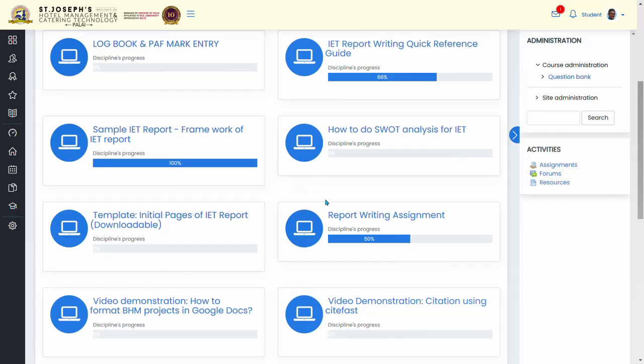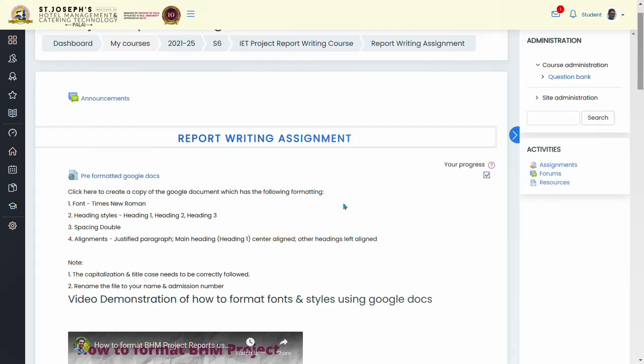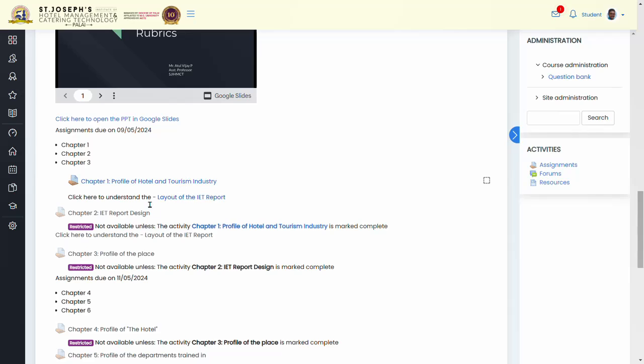Now, once you have reported to college on 6th or 6th onwards, you have to submit your assignment in this section. This is the report writing assignment section. Presently, I have updated all the required information, all the videos pertinent to the report writing assignment in this section. And the layout of the IET report is available with each and every assignment. For example, this is the chapter 1 assignment. The layout is available here. Chapter 2 assignment, layout is available here. Chapter 3 assignment